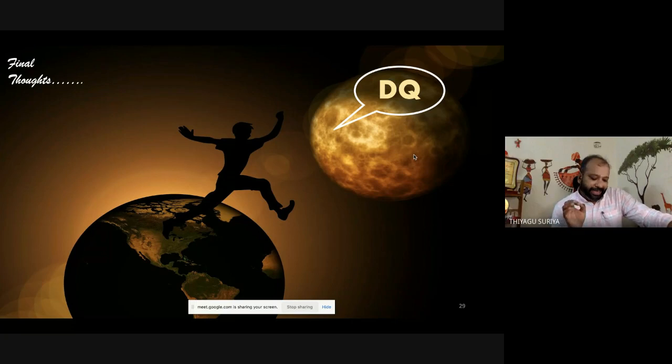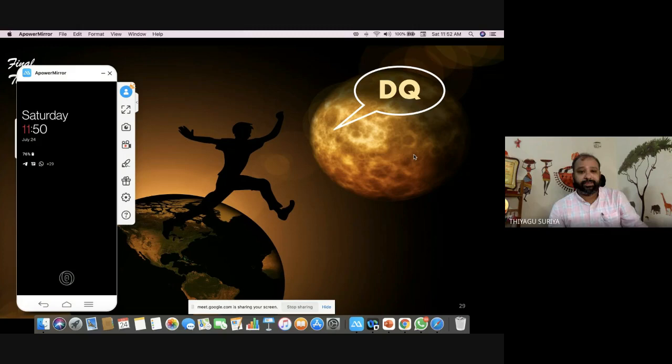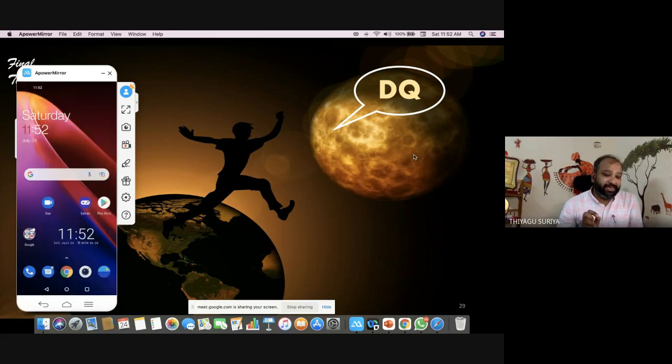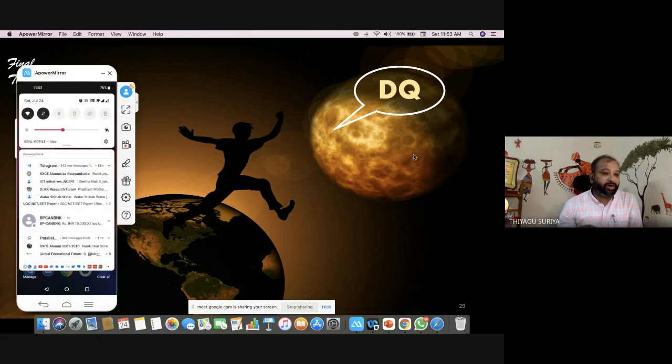In the technological world, knowingly or unknowingly, we are very dependent on technology. Therefore, we should be aware of how to control the screen timing also. So finally, I can conclude with small tips. Suppose we are using an Android mobile phone. We have one feature that is called Digital Wellbeing. If you possibly can, kindly explore the feature,